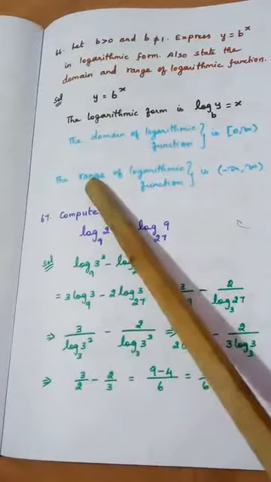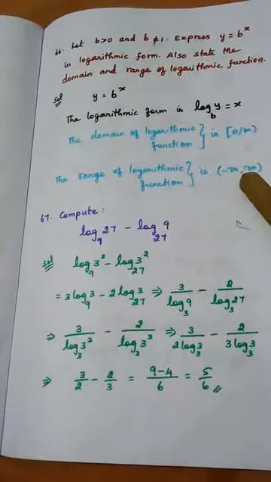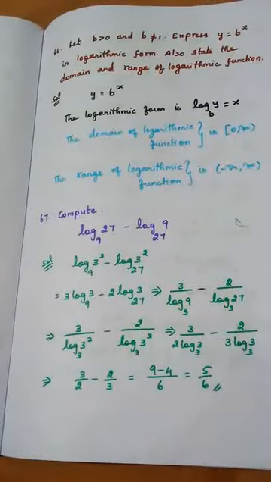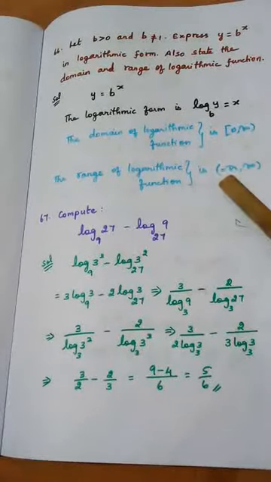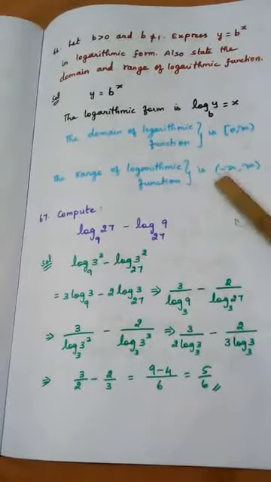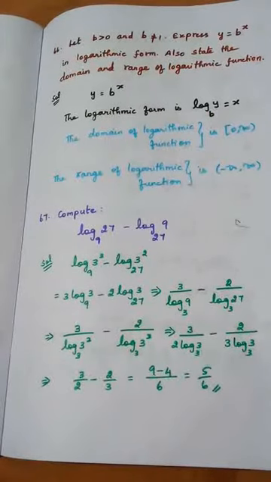What is the range? Range can be anything. The answer can be anything, even a negative number, 0 or a positive number. So the range is minus infinity to plus infinity. Try to understand. Domain means logarithm can be calculated only for a positive number. So the domain is positive numbers. Range: what will be the answer? The answer may be anything, either positive or negative. So the total interval will come minus infinity to plus infinity. So this is the answer for the second part.